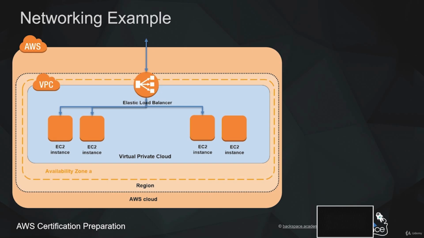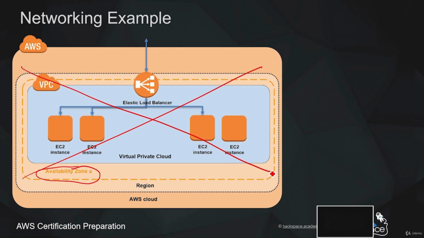So let's have a look at an example of how we can use these networking services of AWS. So here we've got the architecture that we looked at before in the compute section, but one thing we didn't mention was availability zones. So let's just say that we've launched that architecture in a single availability zone. What happens if that availability zone goes down? What happens to our traffic? Our traffic has nowhere to go, and our application stops delivering responses to requests.